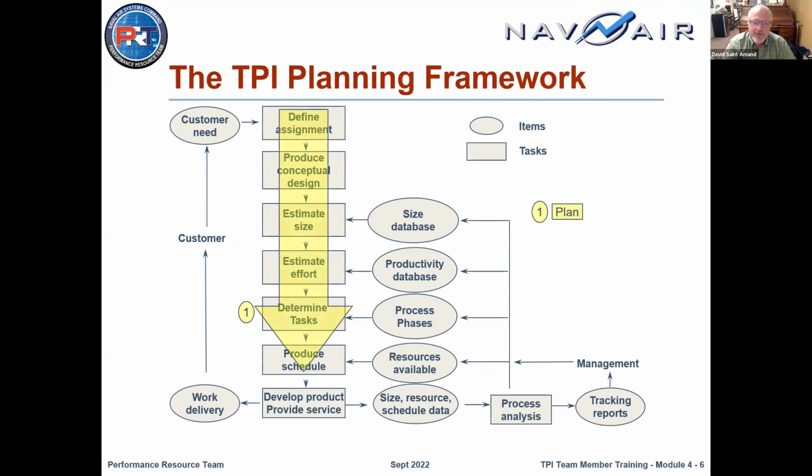First thing you're going to do is figure out, based on the customer's need, what it is you're supposed to be delivering to them. You'll come up with a conceptual design, that is to say, what are all the big pieces involved in this project? And then for each of those pieces, you're going to estimate size and then the effort. Then you're going to take the ones you're going to work on immediately and break them down into smaller pieces, using tasks that are going to be necessary to complete each of those big parts. From that, you can build your schedule, develop your product and services,